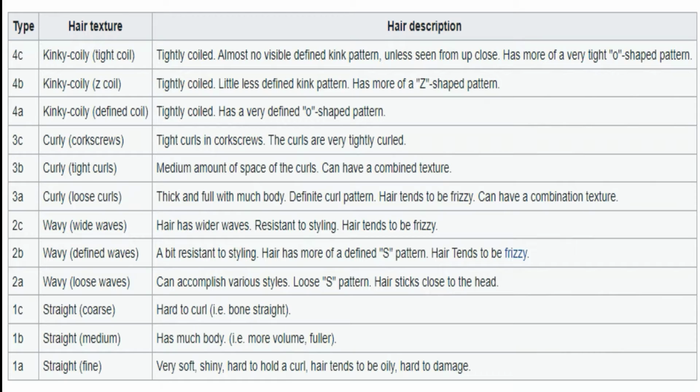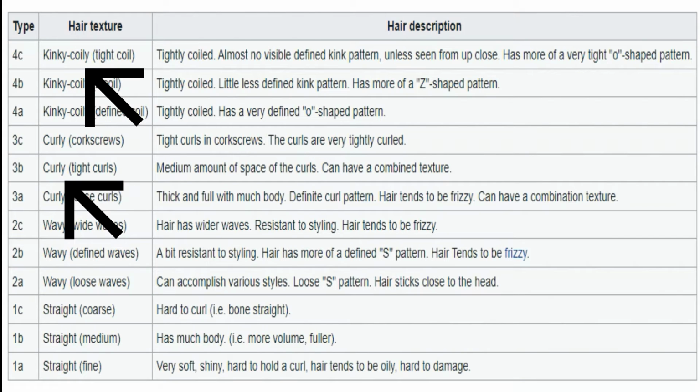But he has graded the African dark skin mixed race hair at the top, which starts from the 4C, 4B, 4A, and 3C, 3B, 3A. The threes seem to fall under mixed race people's hair, and the fours seem to fall under African dark skin people's hair. If you pay careful attention to the list, you see that the coil